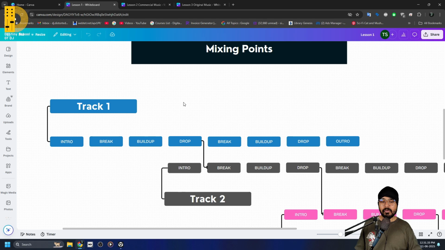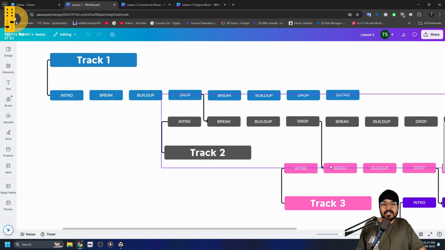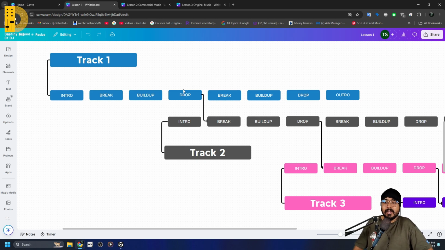Now, to come back over here, when the drop finishes, we start the next break. And now this is going to be playing in the music. We put the track 1 volume down, we load track 3, and when the drop of track 2 comes in, that is when again we start track 1's intro, and when the drop finishes, then we do the mixing. Again, if you've been trying to learn on your own, and if you understood this concept,